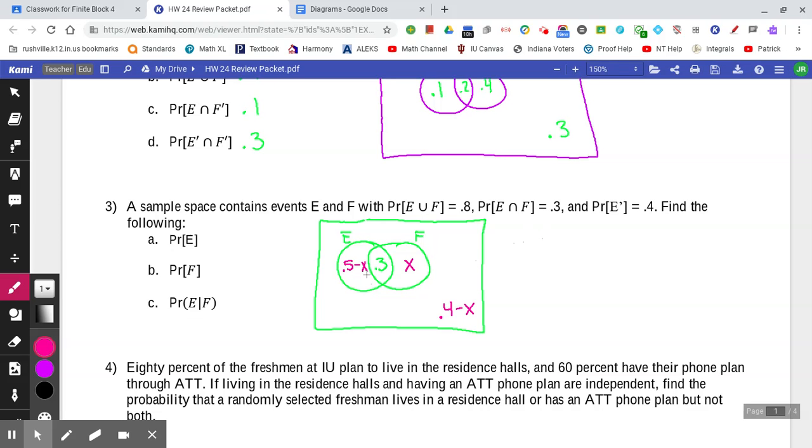So this is going to be everything that's inside of my circles, which I could write as 0.5 minus X plus 0.3 plus X. I could add all those up, or I know that all of my circles add up to 0.8. So I'm going to go ahead and do that. But again, if I add all of these up, that's going to give me 0.8, plus what's outside the circles, which is plus 0.4 minus X, that needs to add to 1. So that's going to give me 1.2